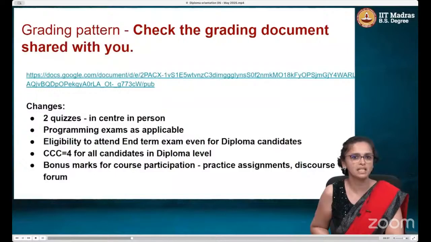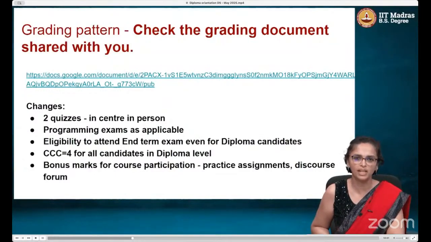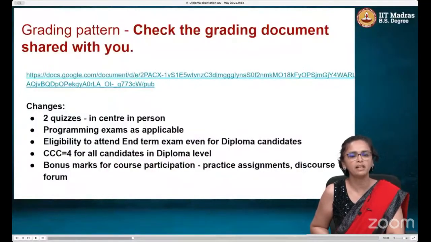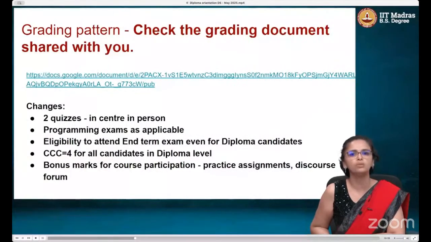One thing here, the CCC is a 4 for everyone in the diploma level. We do not calculate it for you. We assume that having gone through the foundation, you will have a better idea of how much time is required for courses in this program, how much time you are able to spare to study for them, and then decide accordingly in the diploma level. So we assume that you have the maturity to decide based on your convenience and availability how many courses you should take. So the CCC is 4 for everyone in the diploma level, but choose wisely on how many you